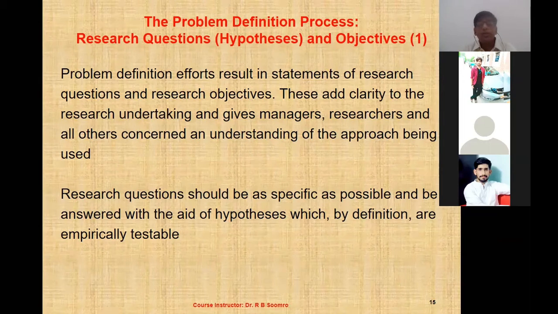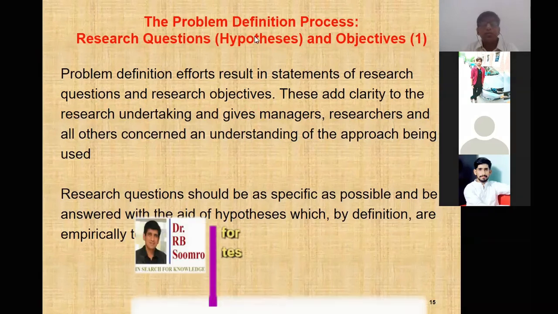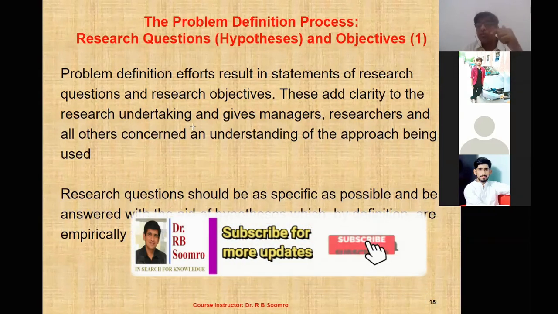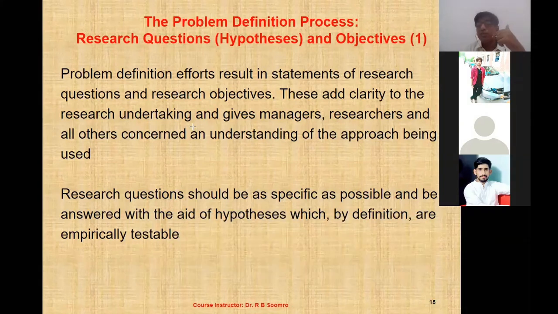Okay, so now the next thing is about the problem definition efforts result in statement of question in research objectives. Now, in the research,